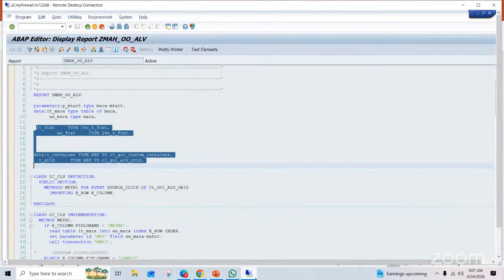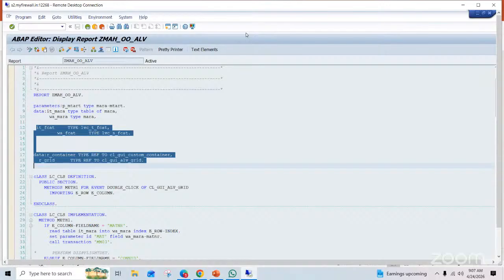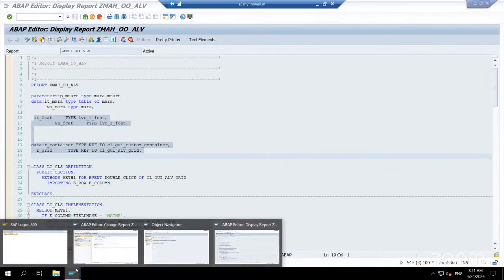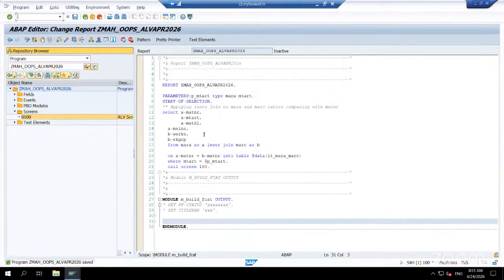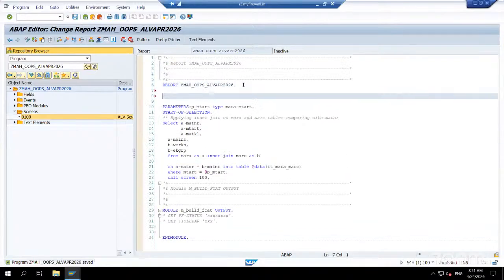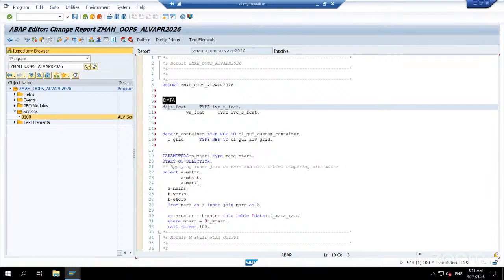Go to here, at the beginning of the program, declare these data objects. Data objects means